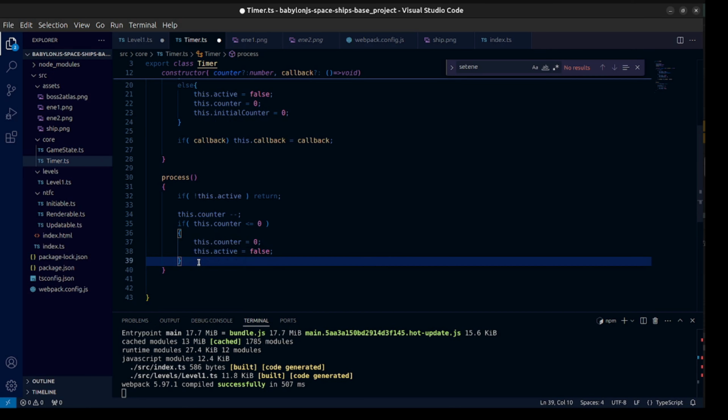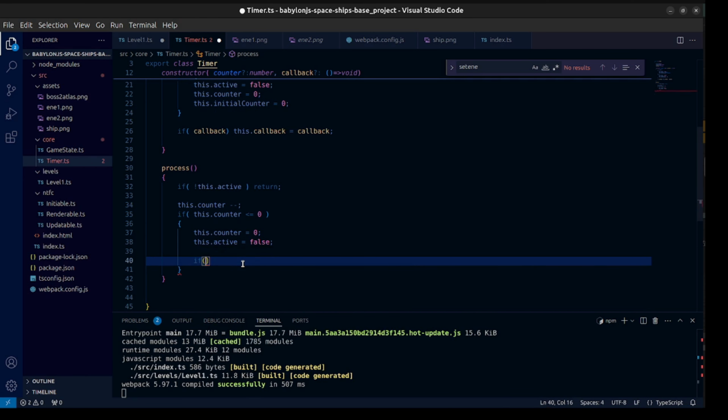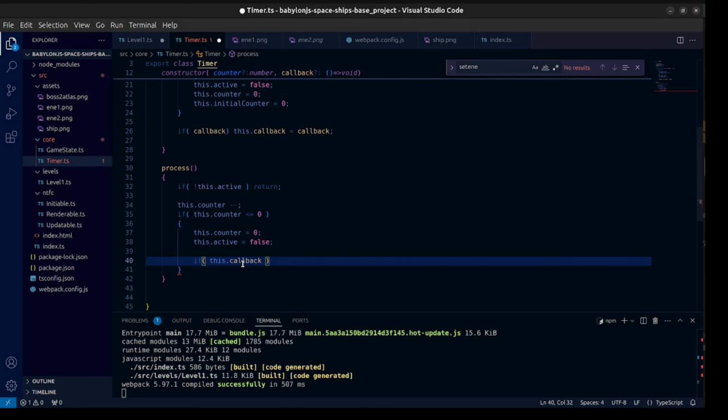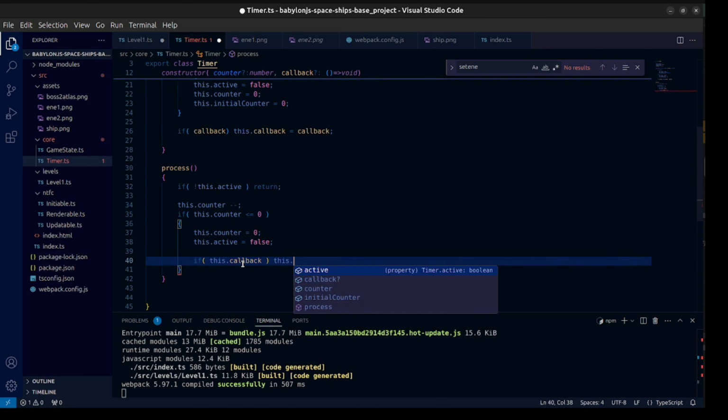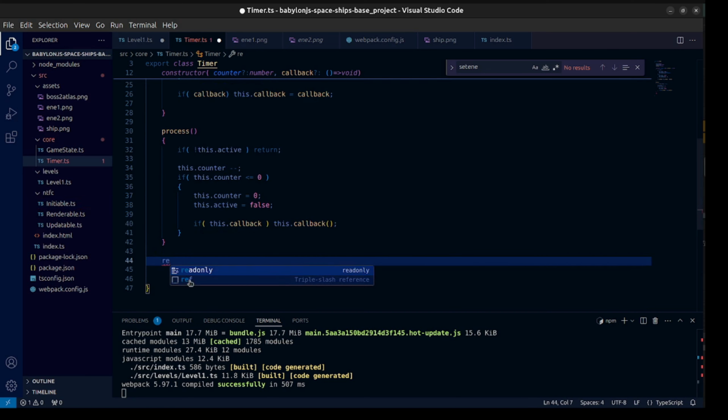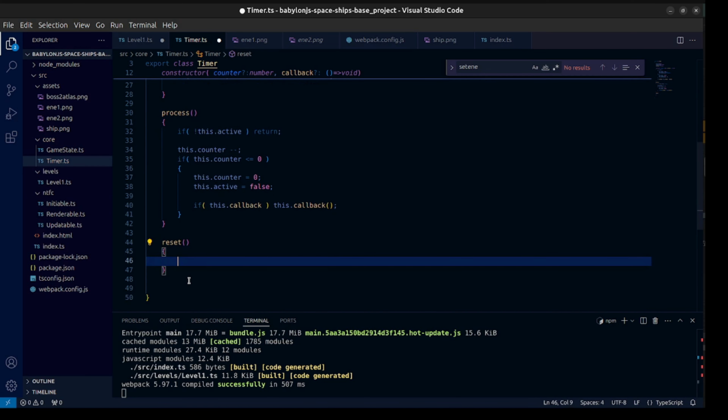So if I time out with my counter, then I'm going to set the active to false, because I don't want it to be active anymore, because I just executed what I'm going to execute, right? So if I have something on the callback, then I'm going to execute this like this here. I also have another method called reset, that I'm going to use to reset